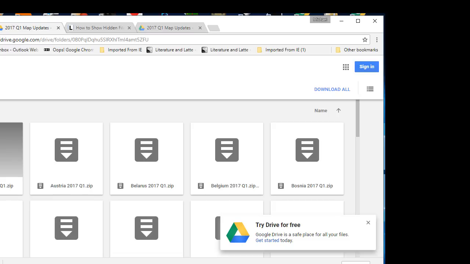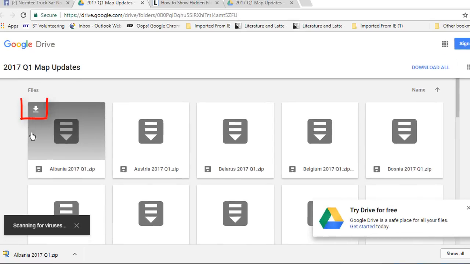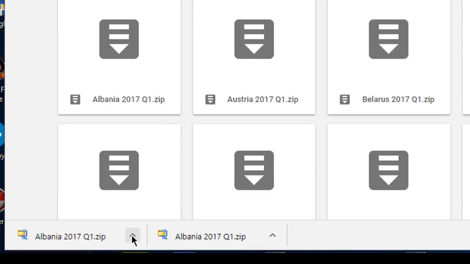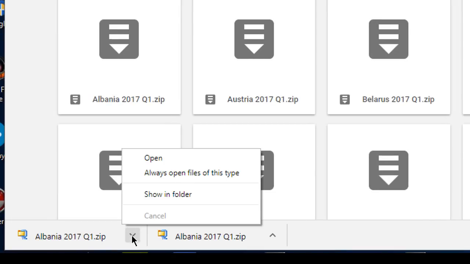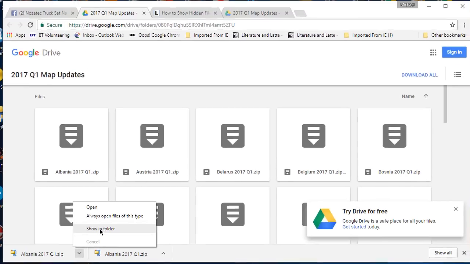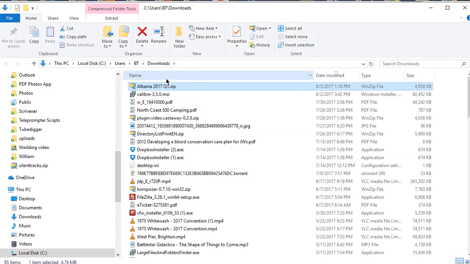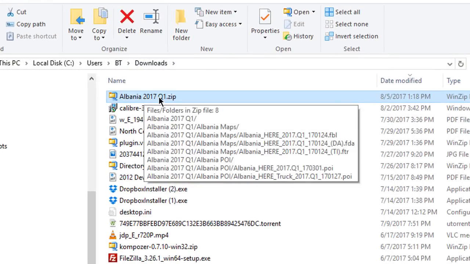So if we take Albania, if I click on Albania, you'll see Google Drive scans for viruses, and you'll see it downloading there. And that will typically, unless you've changed something on your PC, download to your downloads folder. So if I click on there and put show in folder, you'll see here is my downloads folder, and there I've got Albania